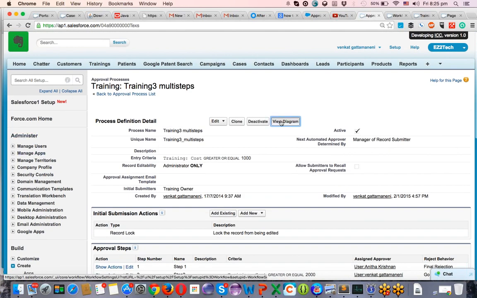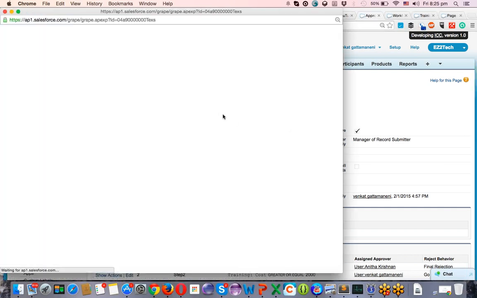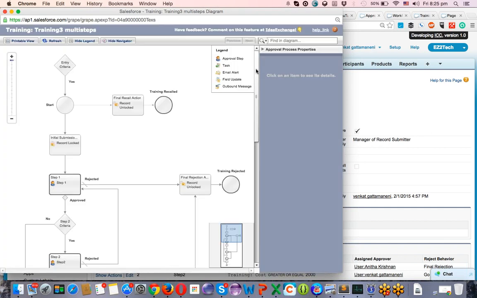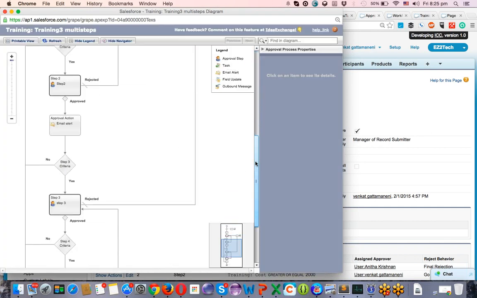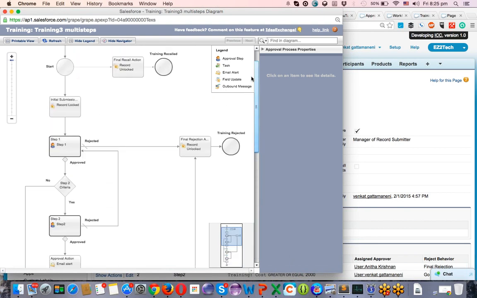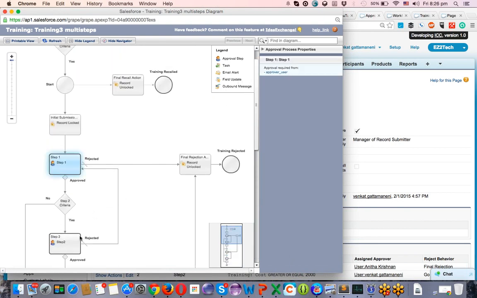If you see the view diagram, it looks a little bigger than the actual diagram we have shown. With 4 conditional things. Yeah, see, these are 4 steps. If it is rejected, it's going to the previous step. I can even say if it is rejected, to which step it has to go.